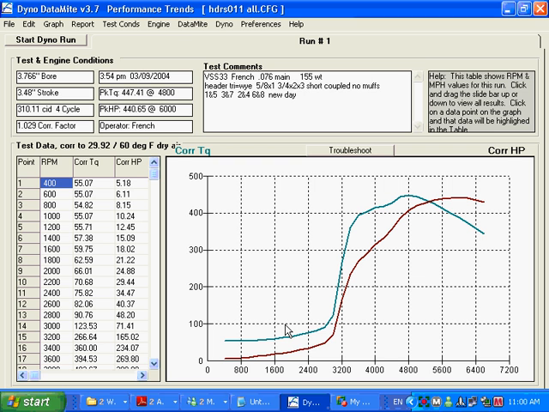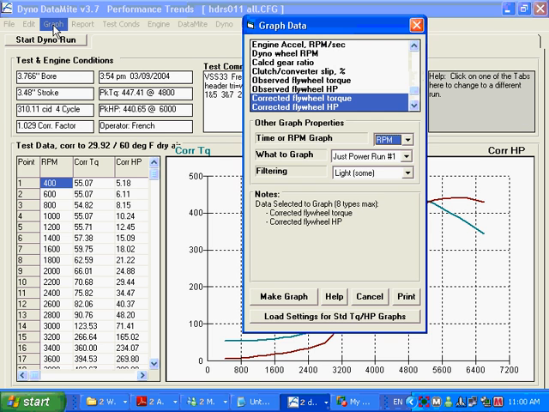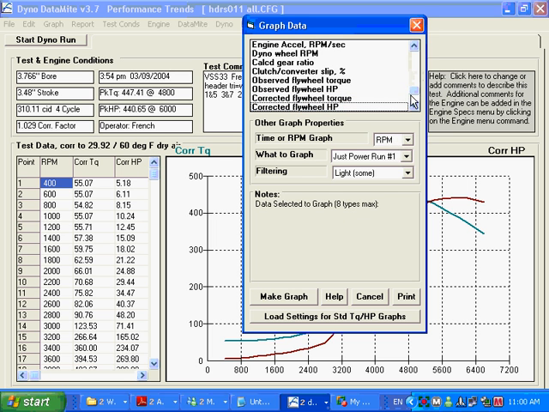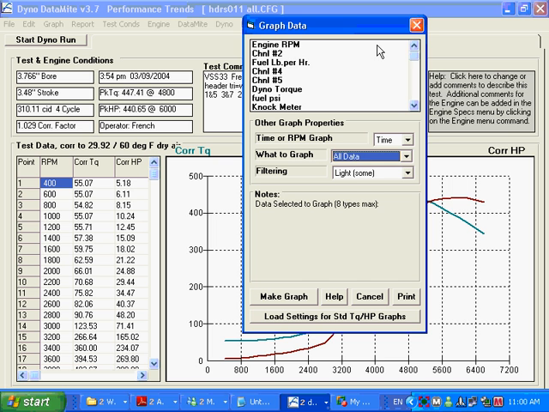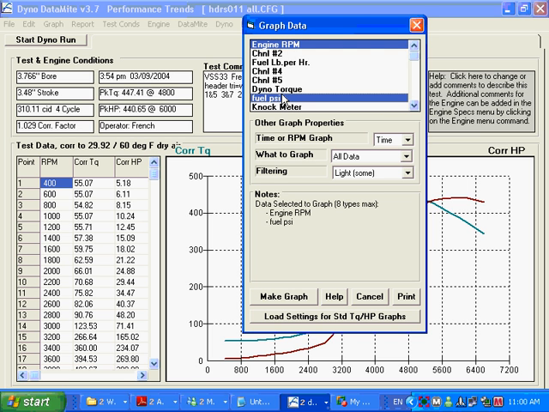It's very important for the program to be able to figure out where the engine is at full power or wide open throttle and where it is not. For example, in this test, if we graph this test versus time, and we graph the engine RPM and the torque,